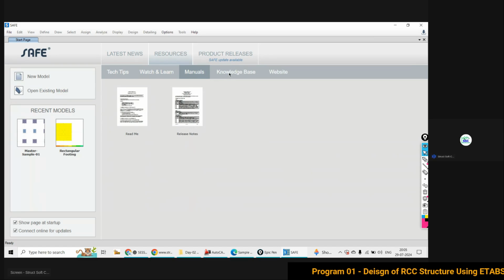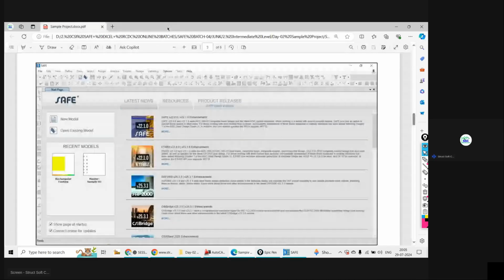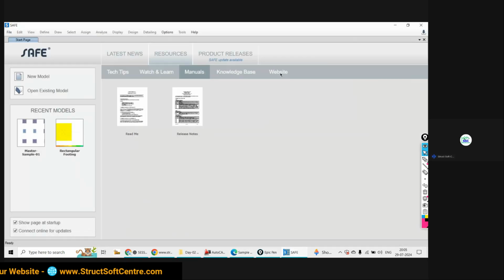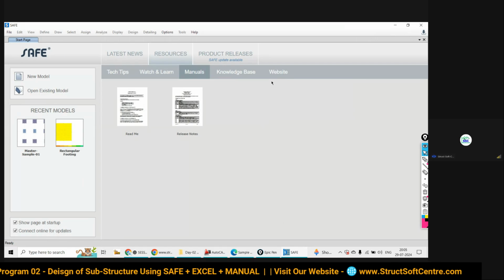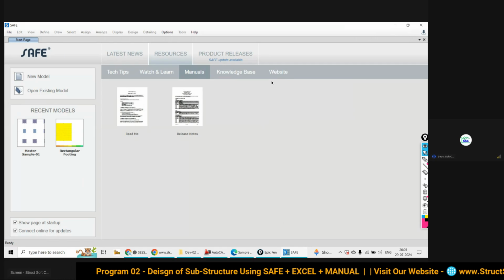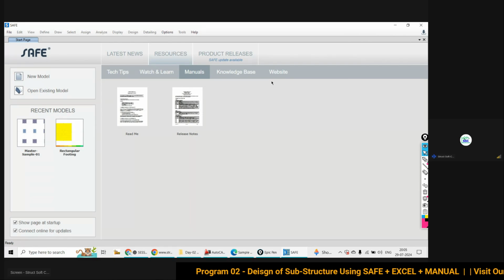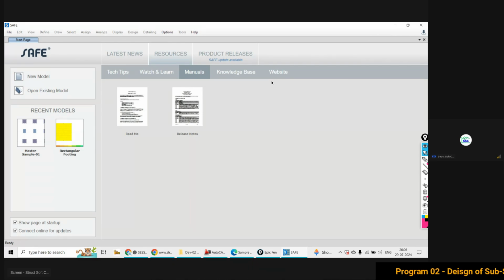Knowledge base: if you click over the knowledge base, it will take you to the website. I'm not going to click over that. Again come back to the software. When you click over the website, it directly takes you to the website of CSI, right? So this is all about the welcome screen when your system is connected with the internet.